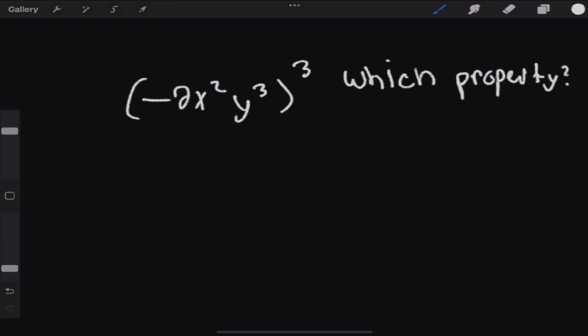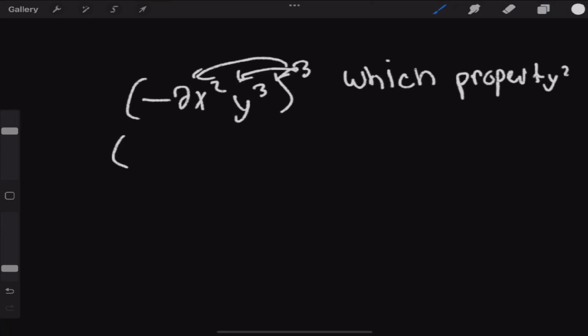Okay, so this is our next problem. It is saying negative 2x squared y to the 3rd, all to the power of 3. So basically, to solve this, we are going to distribute our 3 to each term. So me personally, I'm going to break this up. And as you can see, because of that distributing, you can tell that this is going to be power of